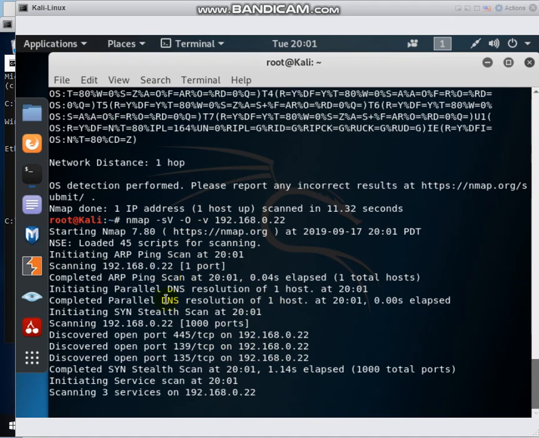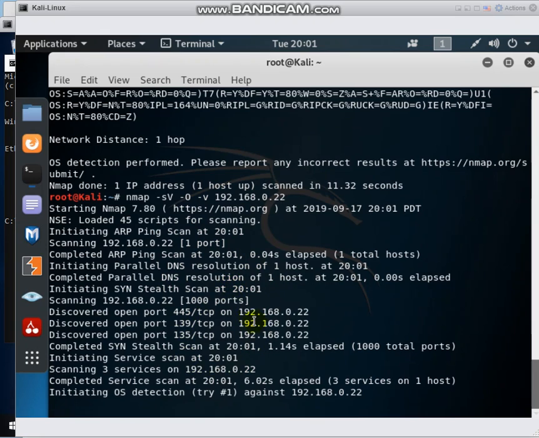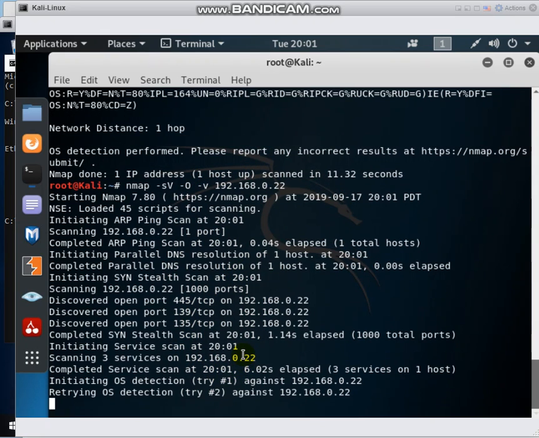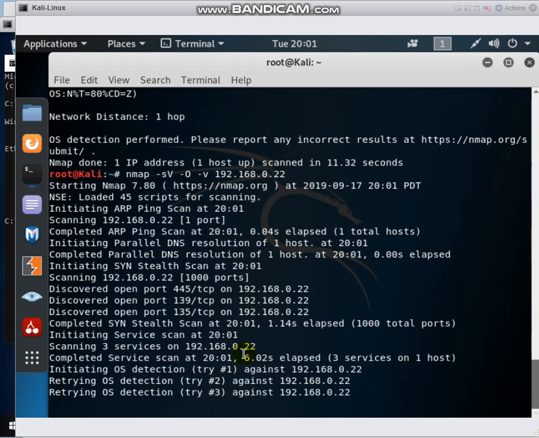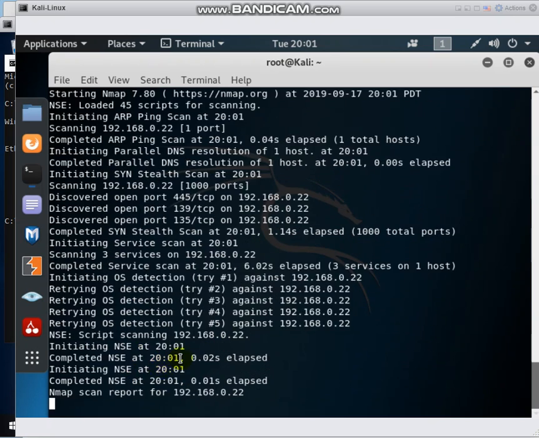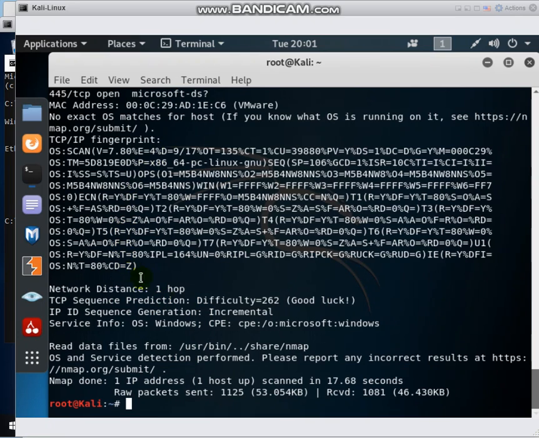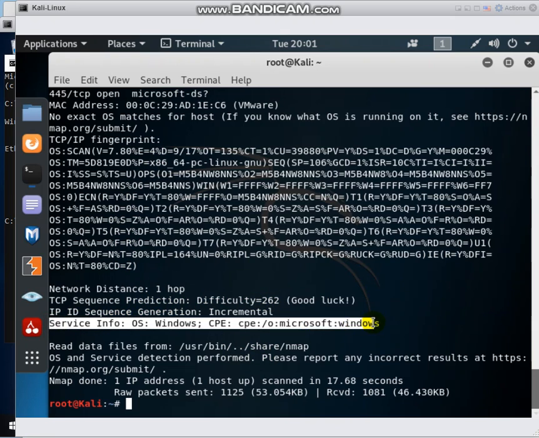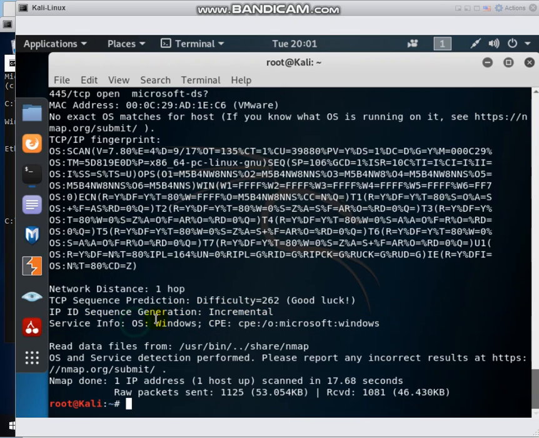So the command is running. And the results were executed successfully. So as we can see here, in this section here, the OS is Windows, and yes, my client has a Windows operating system,